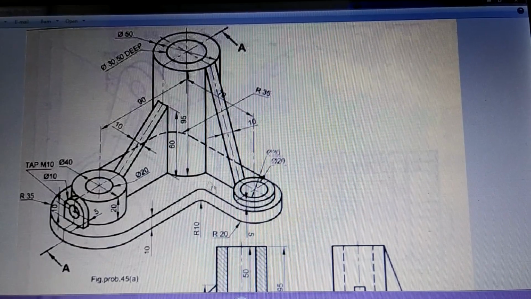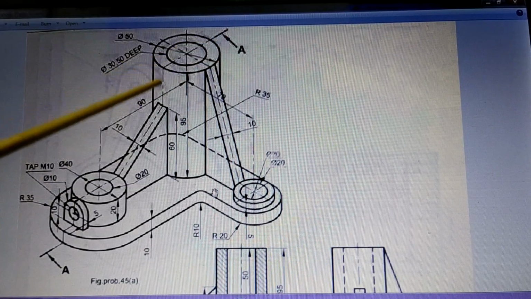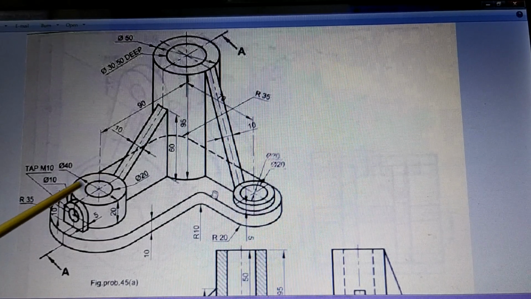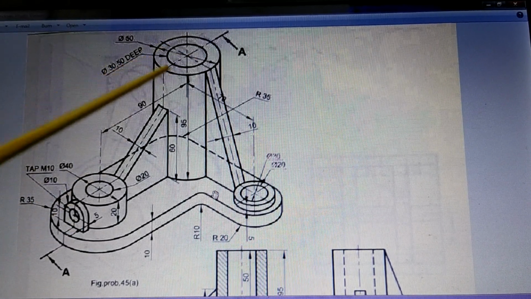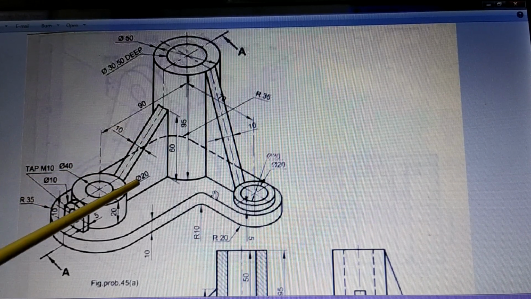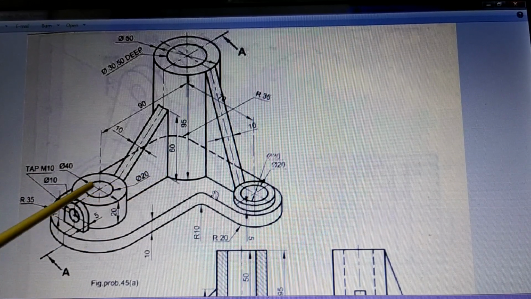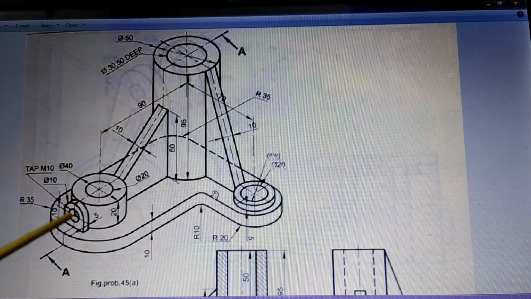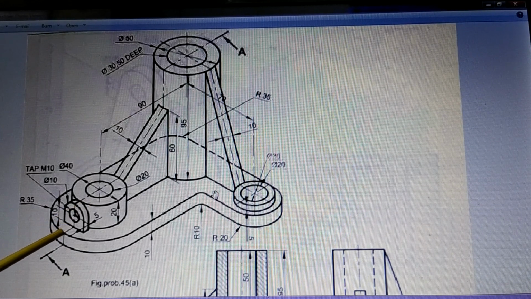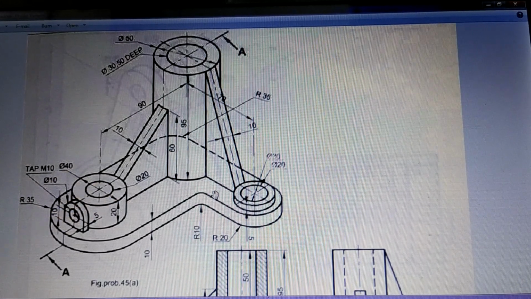So let us now examine how to draw the sectional front view. When you start examining, it is cut from here, this front part is removed and only the back part is remaining. So what you will see after it is cut, first thing is this cylinder that is cut, then you will see this rib which is cut. Now this rib is cut along the plane, therefore no section lines. Then this base plate is cut from here to here. Then this cylinder is also cut just like this cylinder, and then there is a plate here which will also be cut, and the hole also will be cut. Now see here, this hole will start from here and then it will open with this.